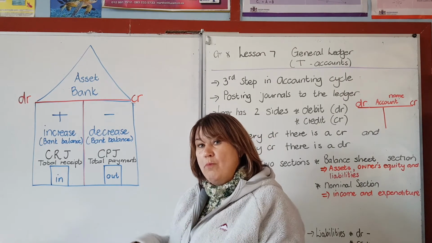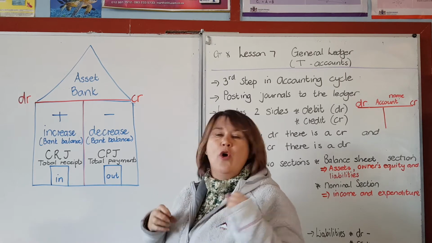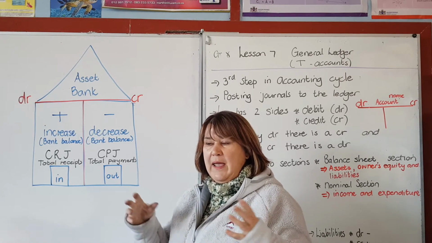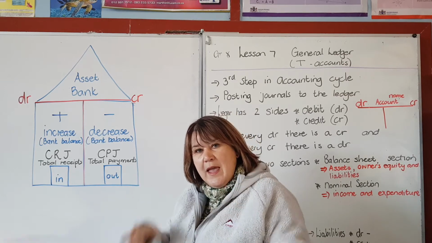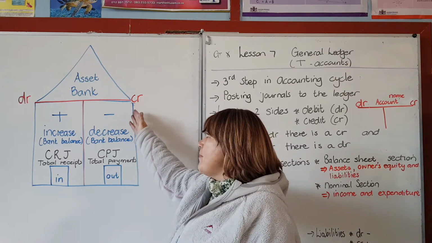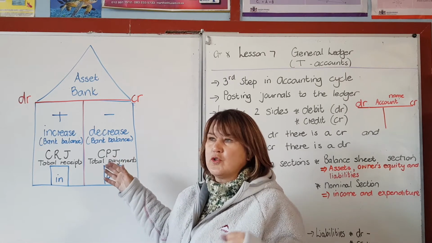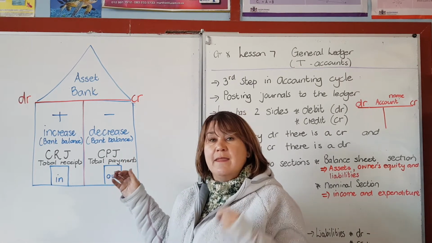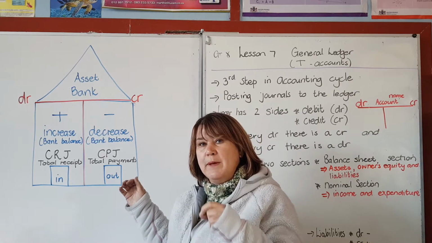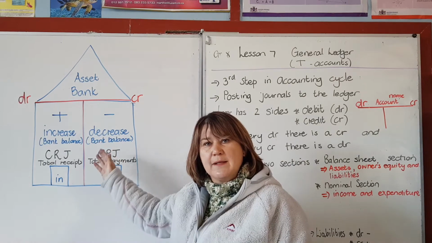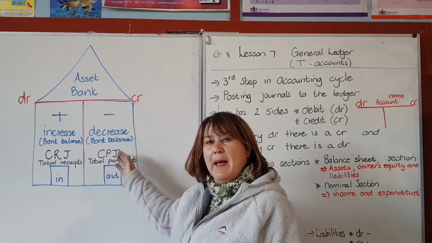That's not in your books, in the business books. Because remember, we are doing a business or an enterprise. We are doing their books. So when your bank decreases, say for instance you bought stationery, then stationery will be debited because bank was credited, because your bank decreased, because you made a payment.